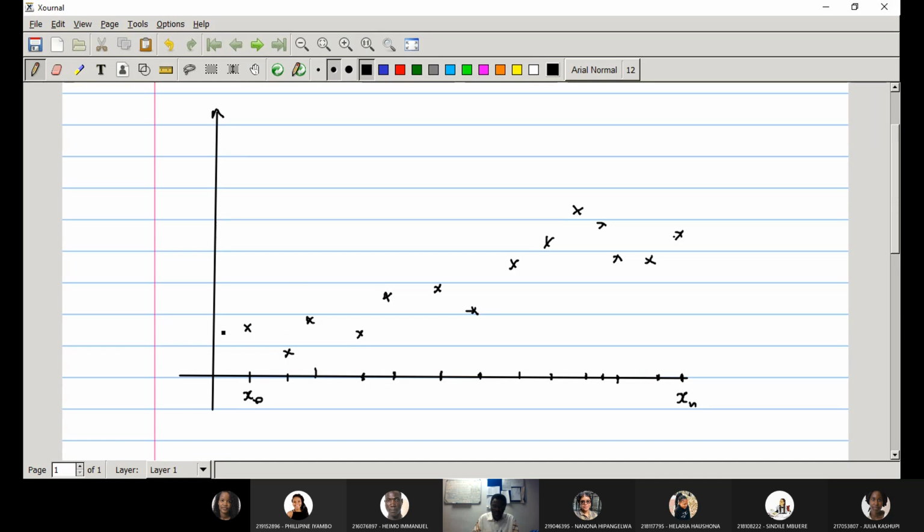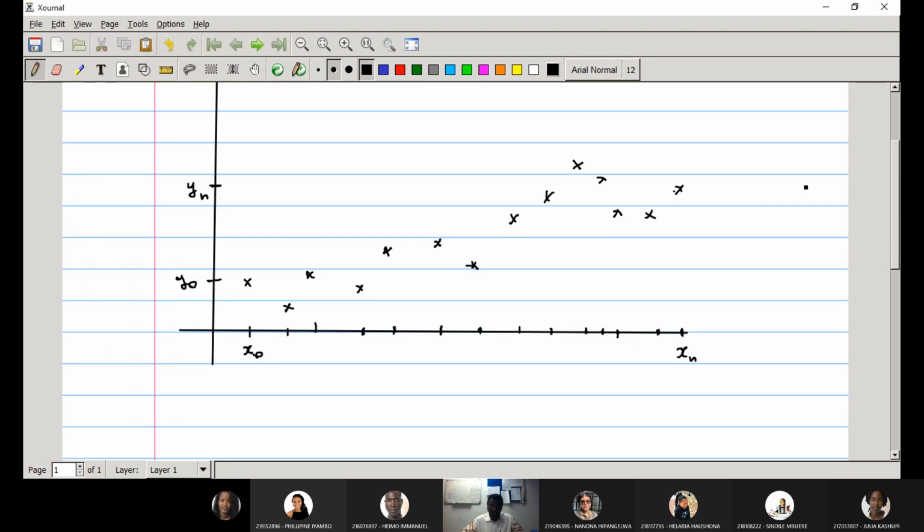This one, for instance, is y0, and you have all the other points on that axis. yn is this one, somewhere here. So you see that we have this set of points, x0, y0,